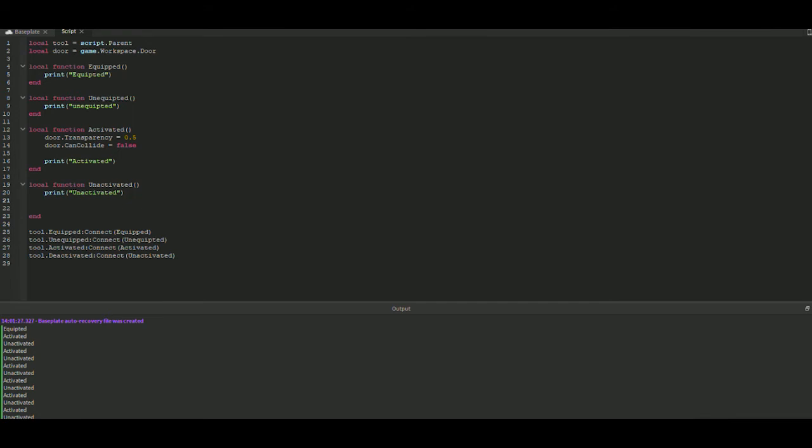So door.Transparency equals 0, because that's setting it back to the neutral. And then door.CanCollide equals true. So that means it is a solid object again. Now we're just going to do something a little bit fancier as well. So we're going to go tool dot